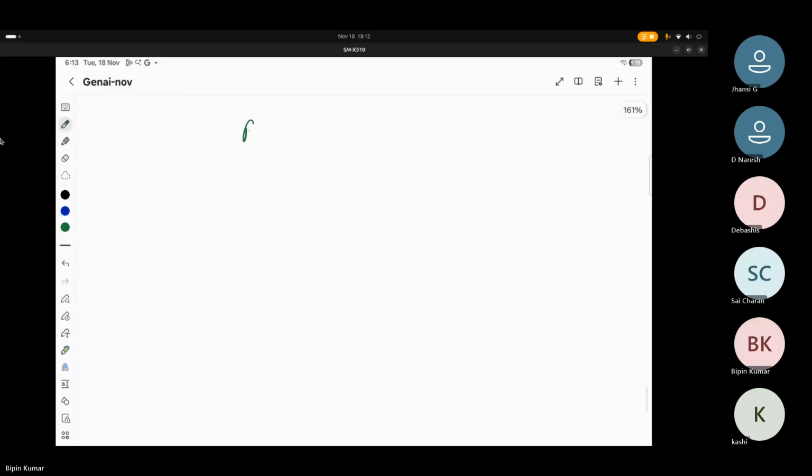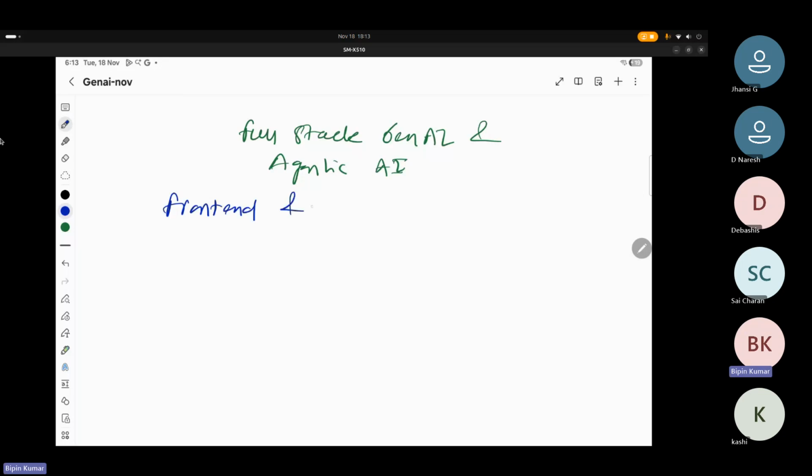Mainly full stack, Gen AI and Agentic AI. Okay, so full stack means both front end and back end. So mainly in this course, I will teach you how to create Gen AI and Agentic AI